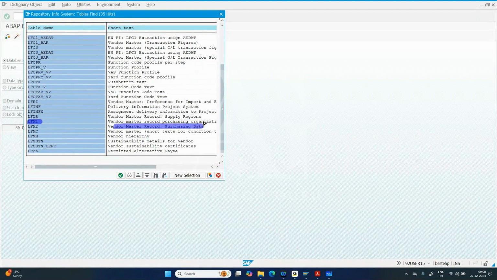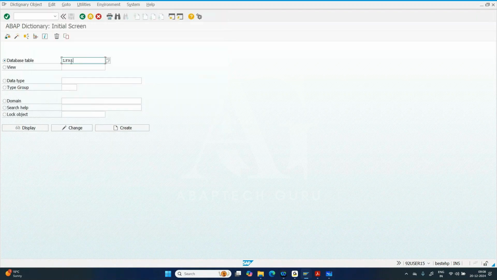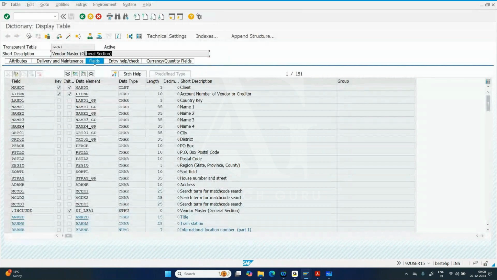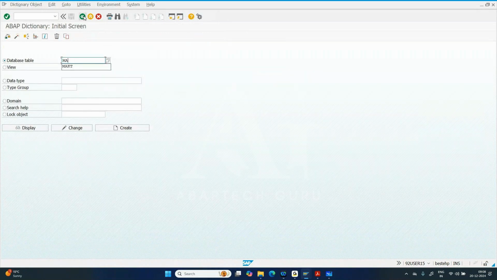purchasing data. Okay, so if I go with LFA1, vendor master data, there are many fields, around 151 fields. Okay, now similarly if I go with MA,